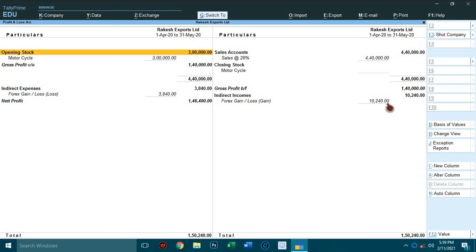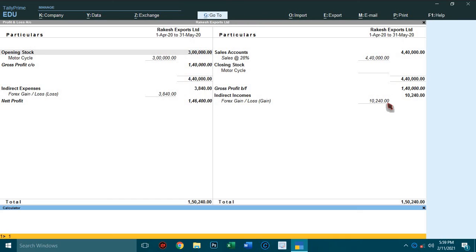Open the calculator by pressing Ctrl N. 10,240 minus 3,840. So the difference is 6,400. So it was showing earlier in balance sheet in the name of unadjusted forex gain. So we have adjusted to related customers. Then the net gain is 6400. So total loss is 3840, total gain is 10,240. So net gain is 6400.